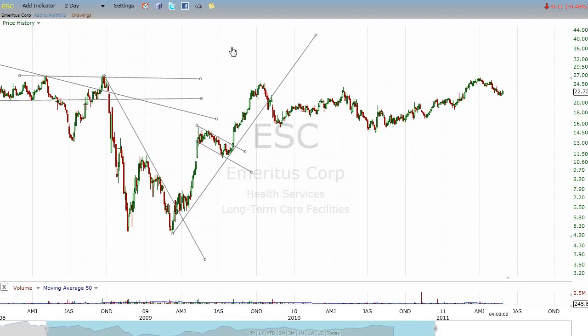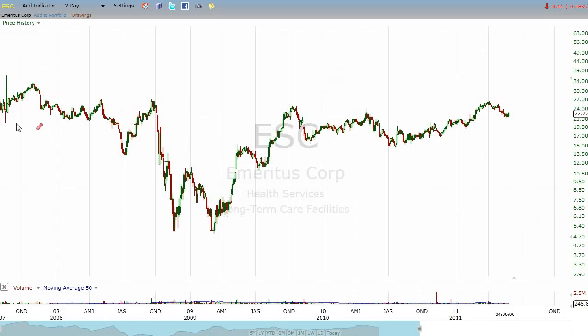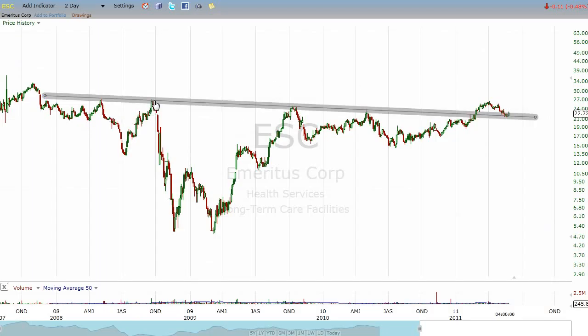Now, I want to show you just one thing real quick here, because we talked about head and shoulders patterns in the last video, and how you establish the neckline, which is the 2 points to the left and to the right of the head, whether it's inverted or a standard head and shoulders. You extend that line, and that line should provide support. And in this case, it appears, at least at this point, that that support was found.